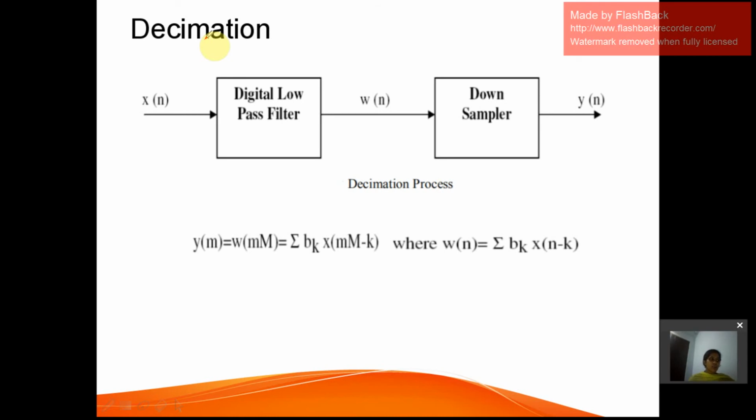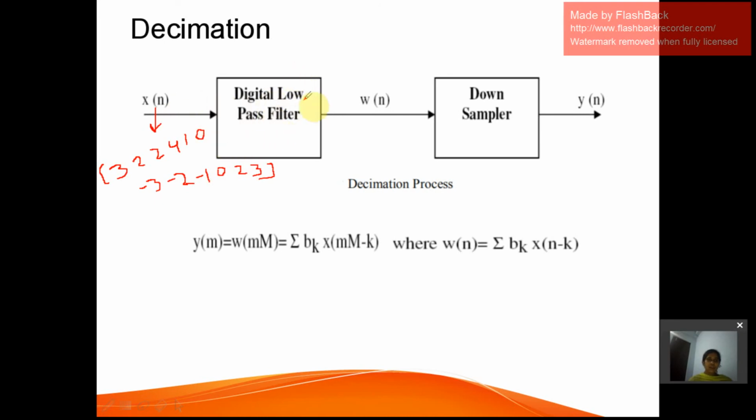Let us have a look at this block diagram. Initially, x of n is a sequence of numbers. Let us take some sequence of numbers like 3, 2, 2, 4, 1, 0, -3, -2, -1, 0, 2, 3. Let us assume that this is the sequence x of n, which we are giving as input to